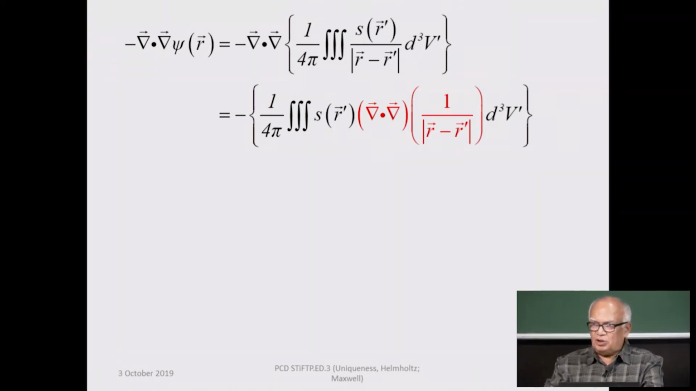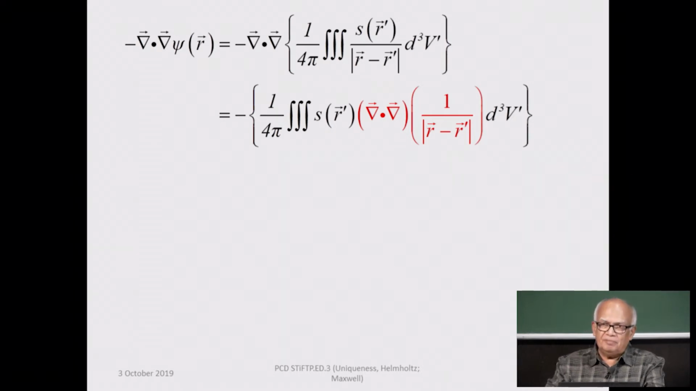Psi we have constructed from S, which is known, right. The divergence is with respect to the field points. The integration is with respect to the source points. These two are independent operations. So, the differential operator del can be moved